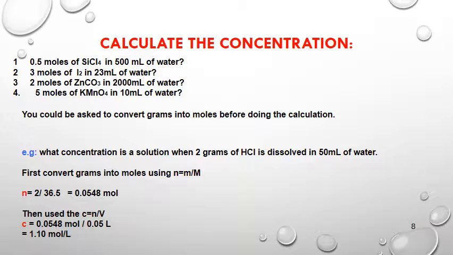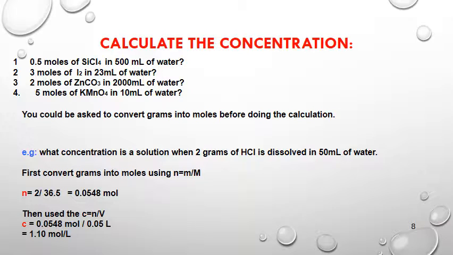Okay, so here's an example. What is the concentration of a solution of 2 grams of hydrochloric acid when it is dissolved in 50 milliliters of water? So first, we have to do a conversion. You're going back to the first equation we worked with. Number of moles equals mass over molar mass. So number of moles equals 2 divided by 36.5, to give the number of moles of hydrochloric acid of 0.0548